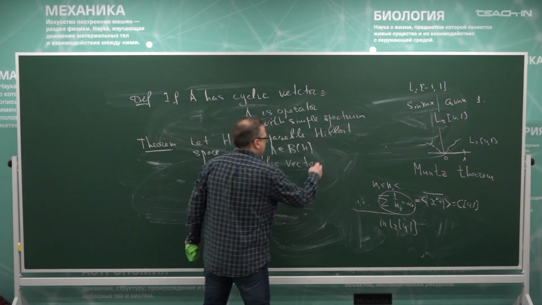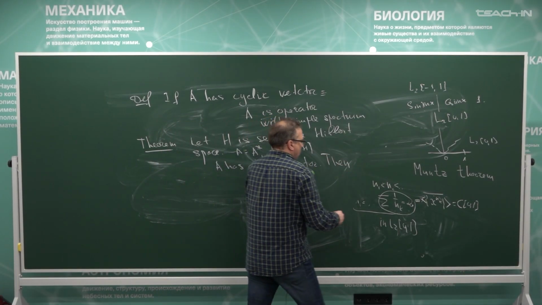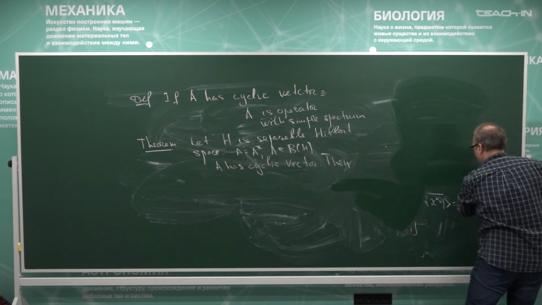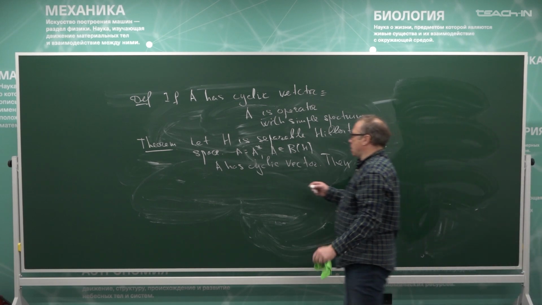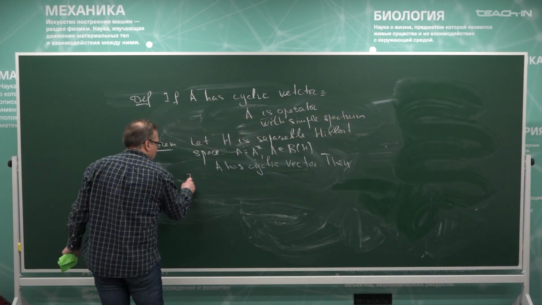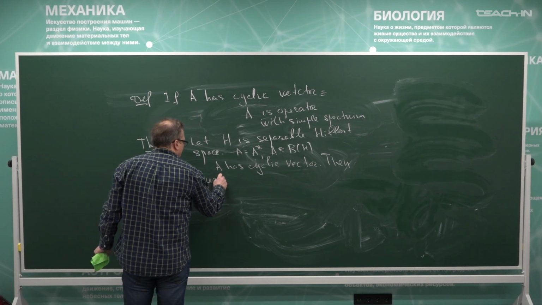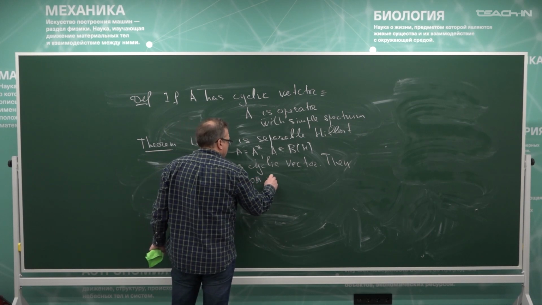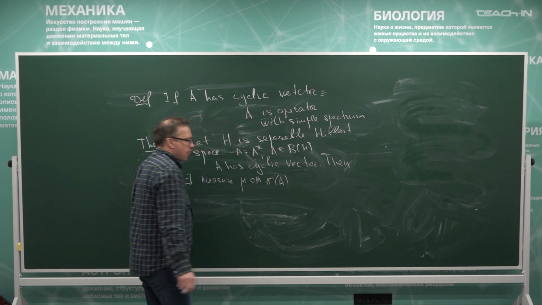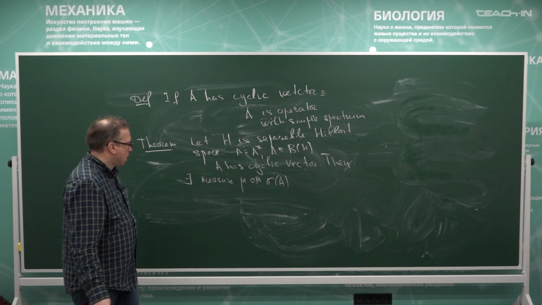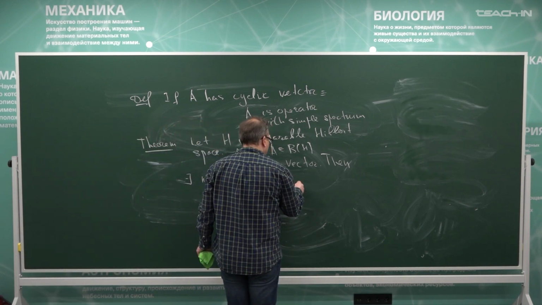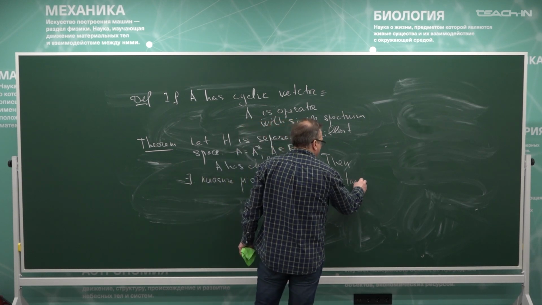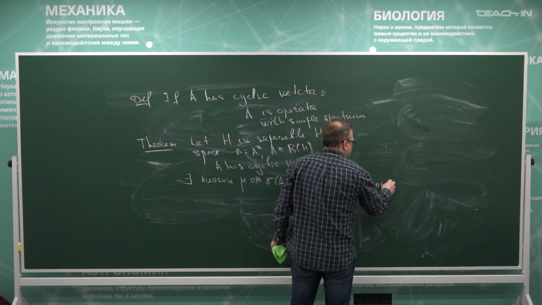Then there exists a measure mu on sigma of A, and there exists a unitary isomorphism U